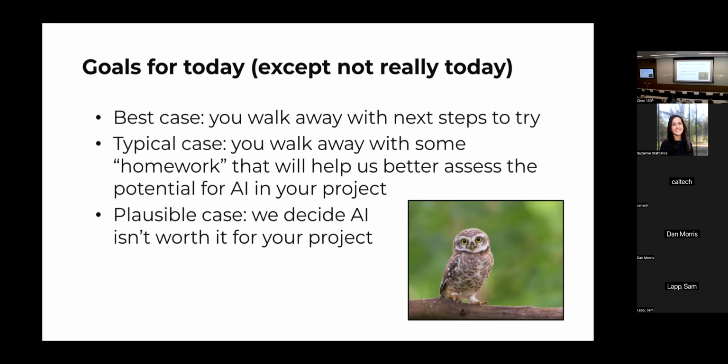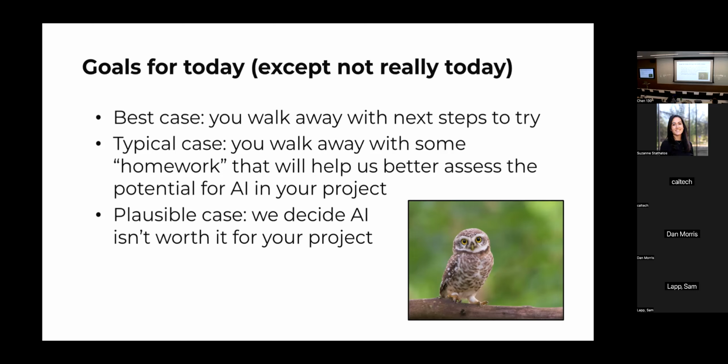It's very tempting as an AI for conservation enthusiast to get into that mode of, like, every problem could benefit from AI. Very often the most helpful advice you can have for an ecologist is that it would take you 700 hours to build an AI solution for your problem that will save you 40 hours, and it isn't worth it. And so when we're having these conversations, we should all be in that mode of asking not only what is the best architecture or best AI strategy here, but is AI really going to be helpful here?